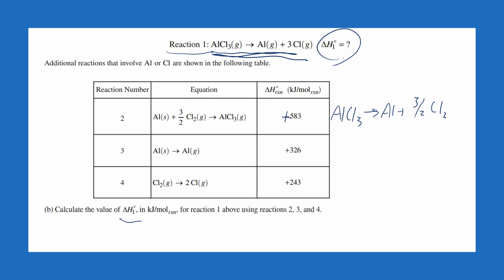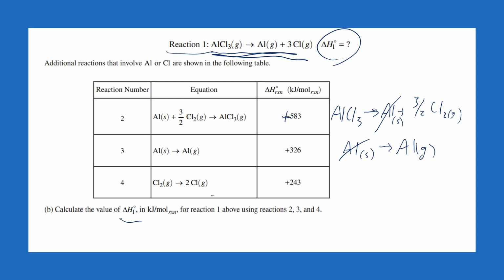And this is our solid aluminum and gaseous chlorine like that. I also then need to flip this reaction around so I get the... no, I don't need to flip it, I'm sorry. I do need to use it though. I have the solid aluminum going to aluminum gas. But that way the solid aluminums are going to cancel. So that one stays as is because I didn't have to flip it. Now for the last one,